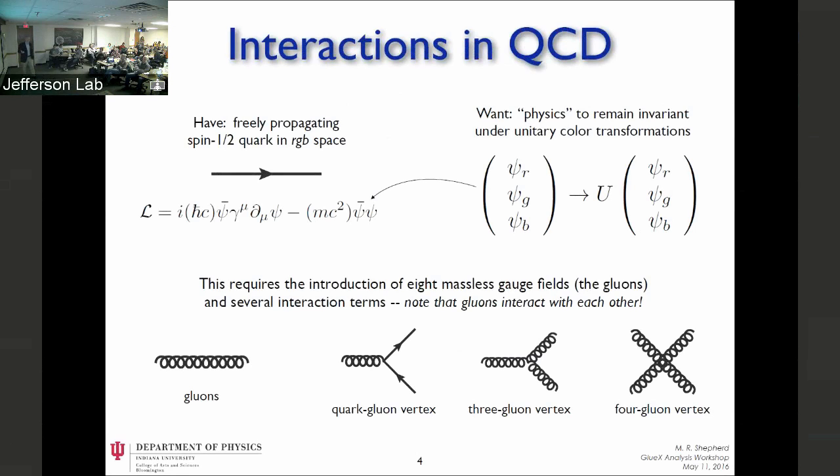And the fact that you have color in some sense was motivated by trying to explain the spectrum of mesons. So you go from looking at the spectrum of mesons to learning something about the fundamental theory, and then when you have the fundamental theory, you say, well, gee, I have these types of interactions. How do they manifest themselves in the spectrum of mesons? Can I have glue balls, because gluons will stick together, or can I have hybrid mesons? So it's sort of interesting to think about the interplay between spectroscopy and also what we're learning about fundamental QCD in this context.